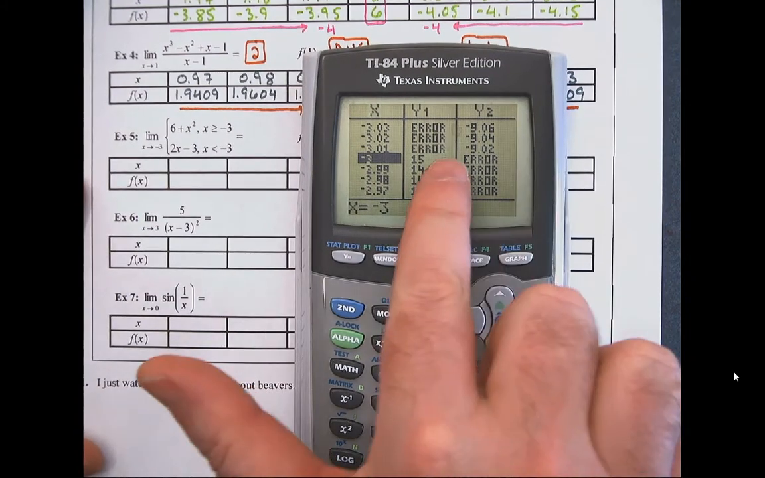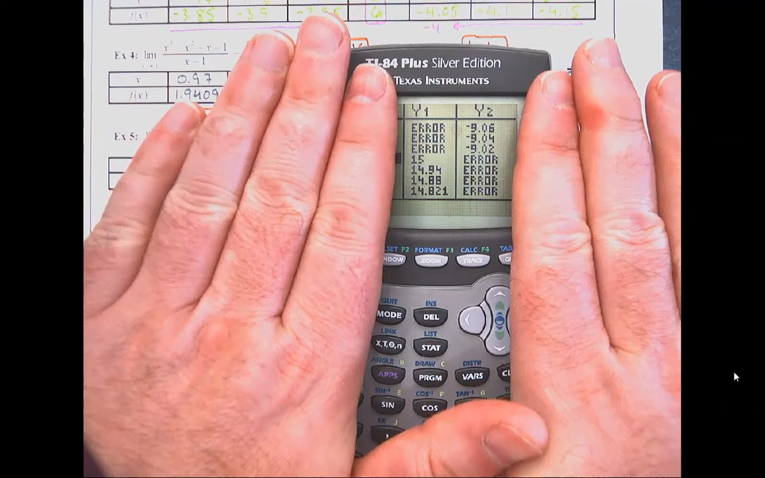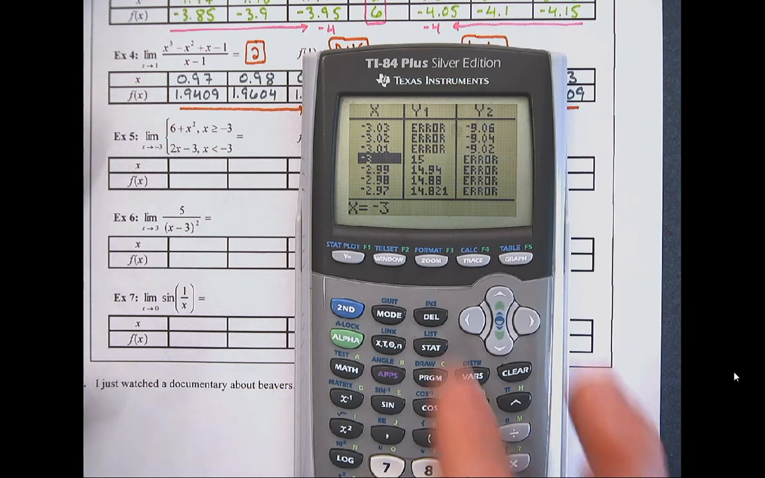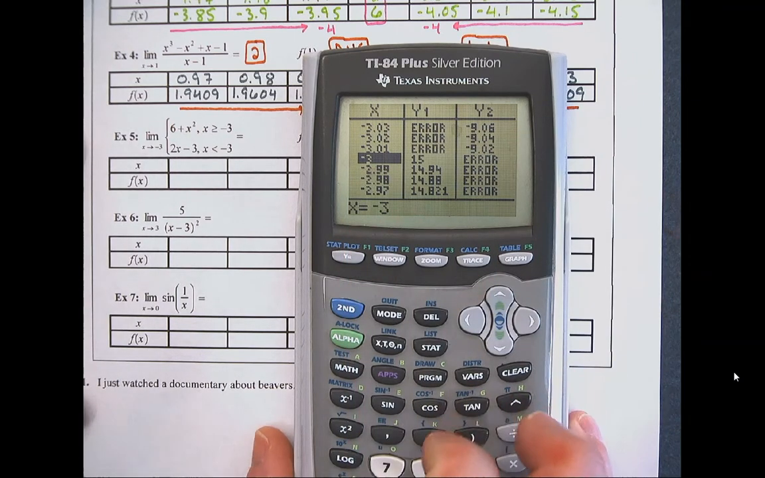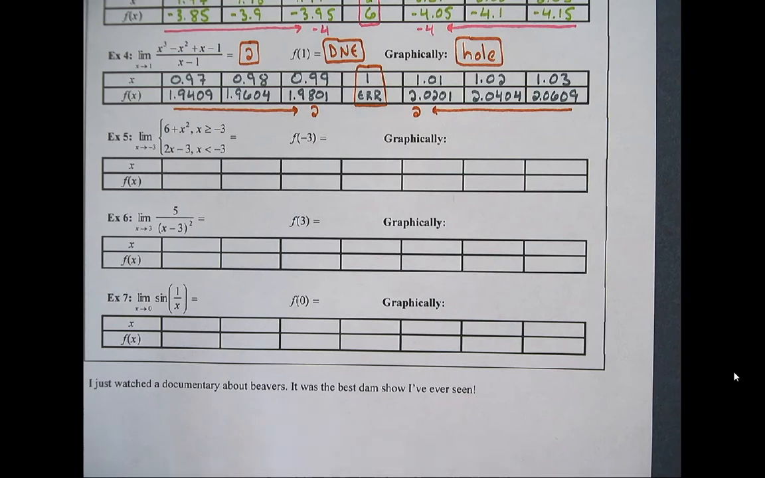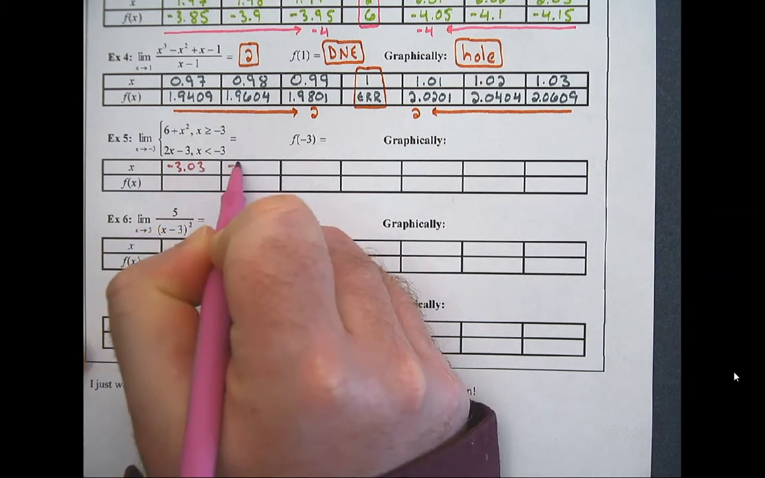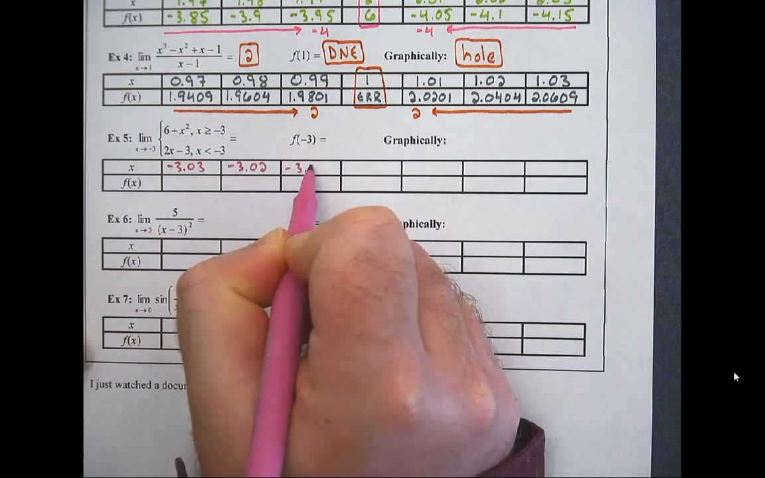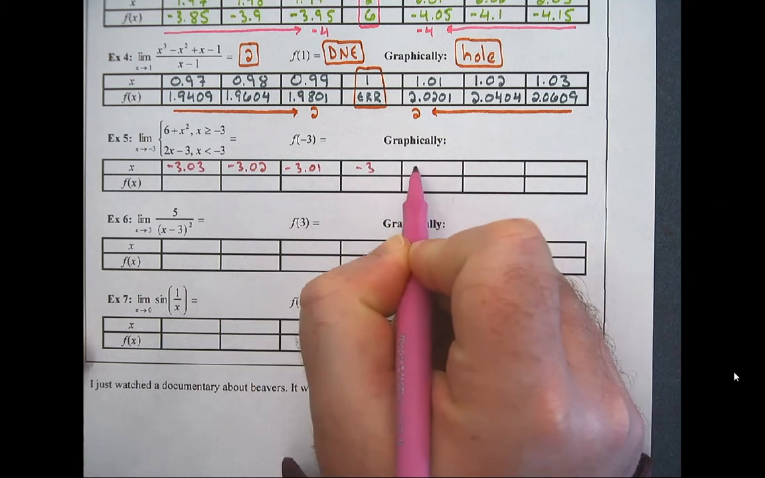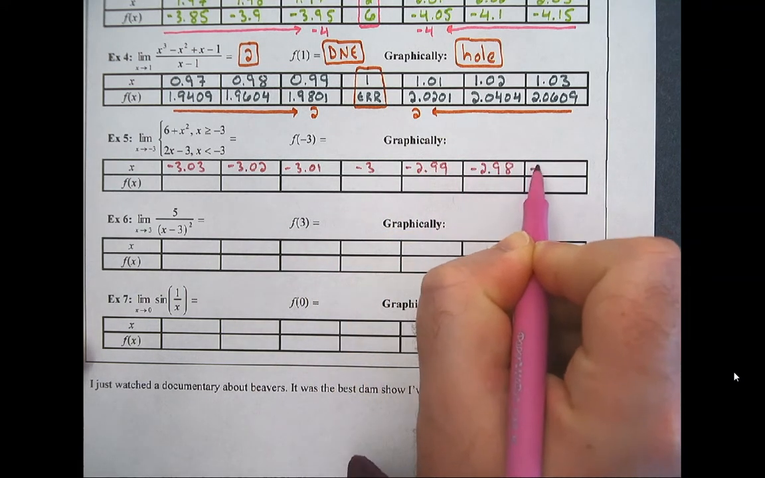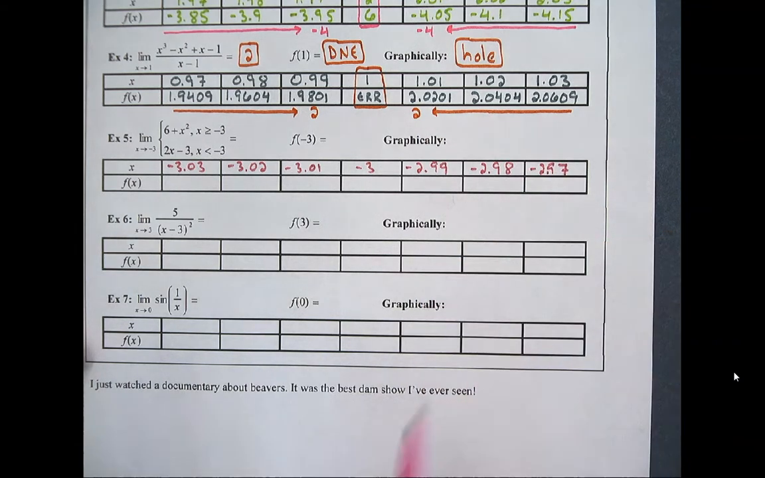So let's see. Remember how this works. You really want to take these two columns and merge them into one, where the number will always replace the error. If both columns have an error for a specific x value, then it will always be error. So now, fill in my little table. -3.03, -3.02, -3.01, -3, -2.99, -2.98, -2.97,